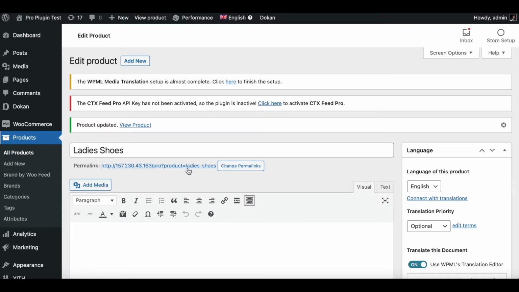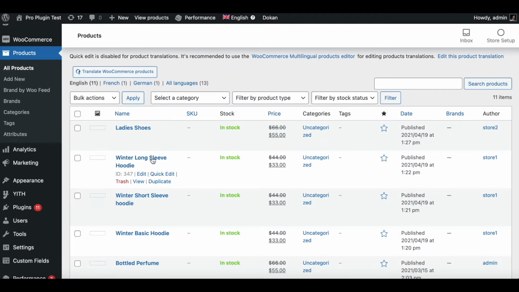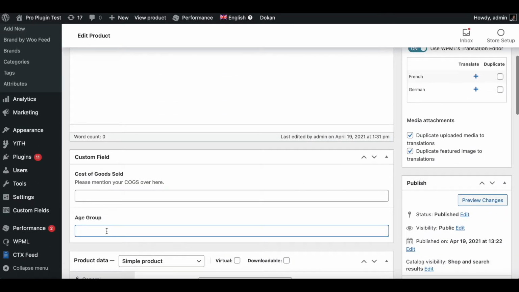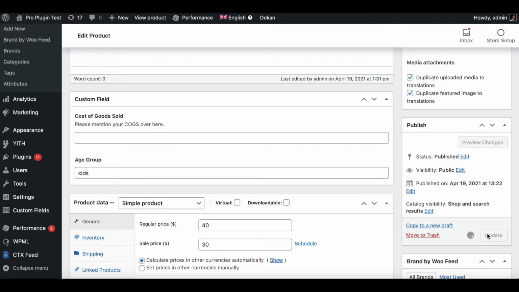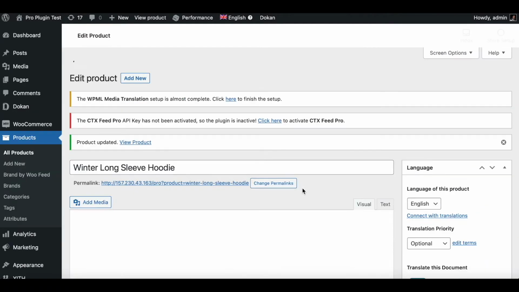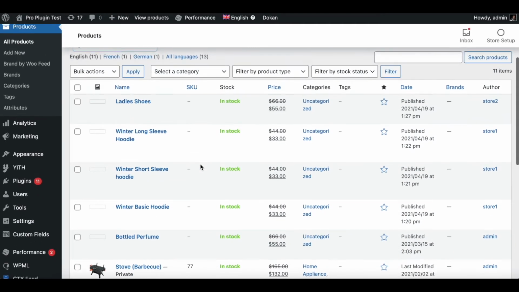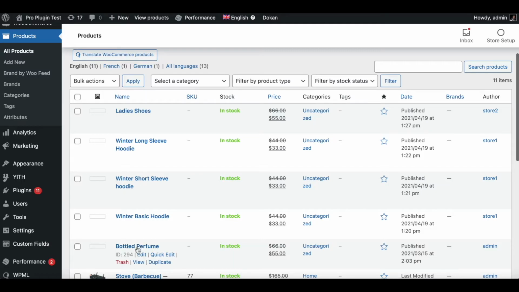Now let's find another product. Let's say winter long sleeve hoodie. Let's go inside custom field and let's say this is for kids. Let's go ahead and update it. Let's find another product. Let's say bottle perfume.